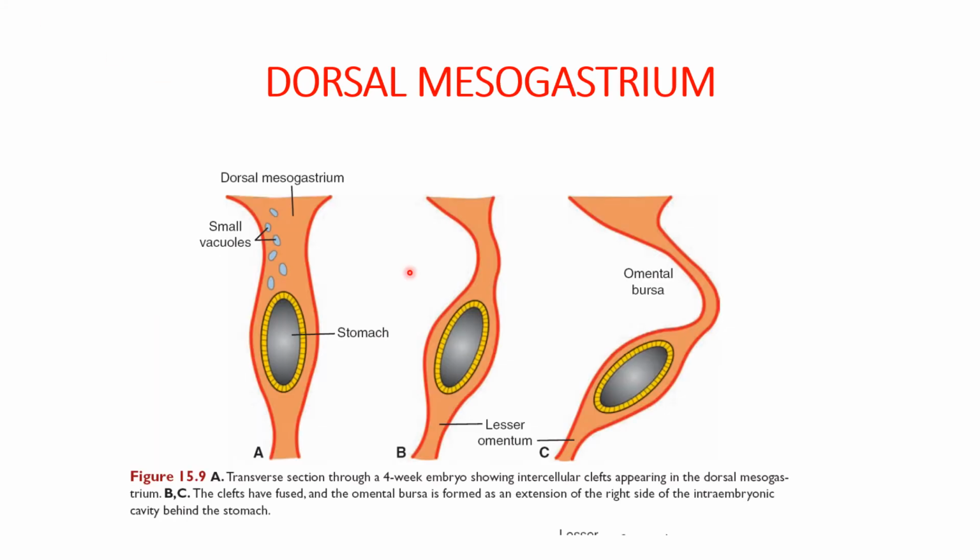So we have now seen that during the development of the stomach, both rotations are taking place, along its longitudinal axis and along its anterior-posterior axis, and differential growth of surfaces of the stomach is taking place. While doing the rotatory movement, the stomach is creating a space behind it. When it rotated towards the left, a space was created behind the stomach, and this space is called the lesser sac.